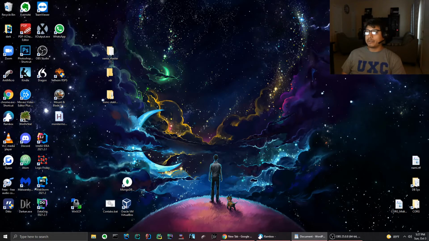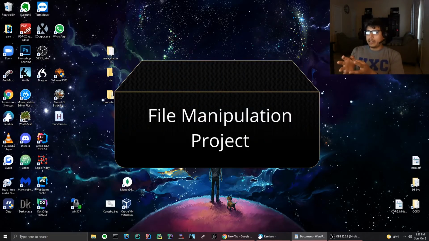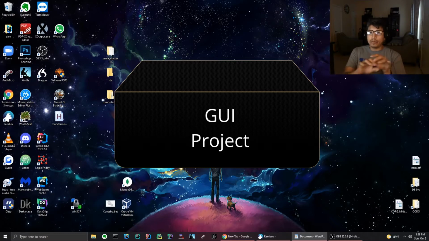What you would do is break up the program into components or parts, and then you make a project based on each part. That is essentially how you learn to make bigger projects. And what you find is that you can make even bigger projects after you've broken up these projects into components.